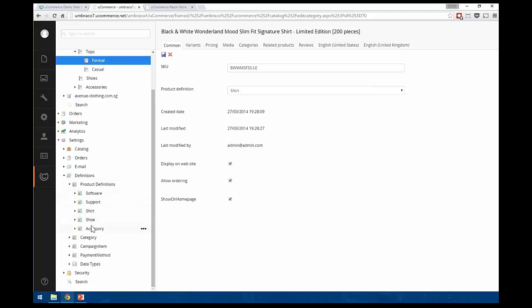These are different types of products I'm selling in this particular store, and you can see here that there are different sets of fields available. A shirt defines size, color, show on homepage. Shoe size is a completely different field for shoe, but you can see here that they share show on homepage. This was created under the old model where you had to duplicate the field. So this field has effectively been created three times over, which is not as efficient as it could be. And if you imagine systems where you have hundreds of definitions, which is something that we see, creating one field 100 times over is a little cumbersome, to say the least.